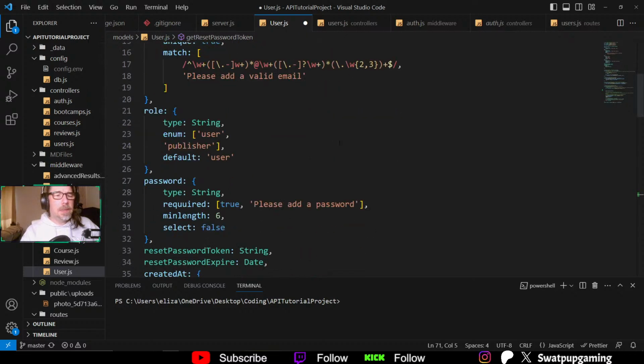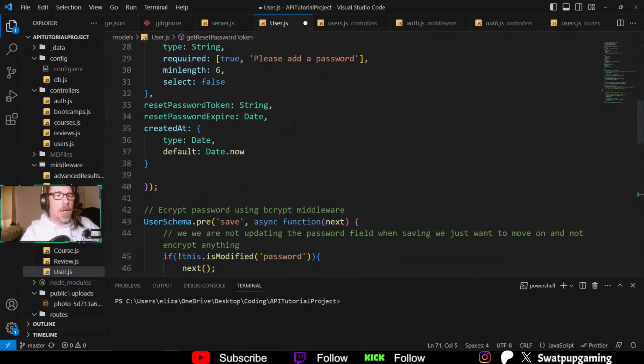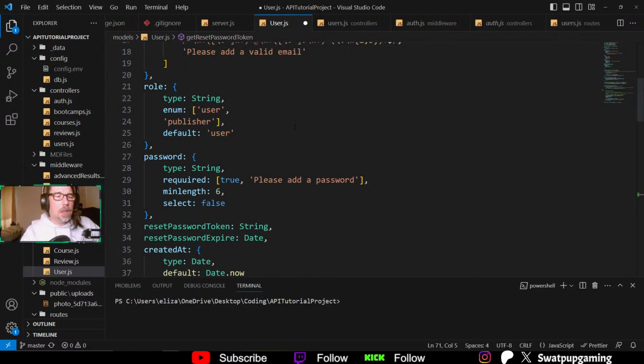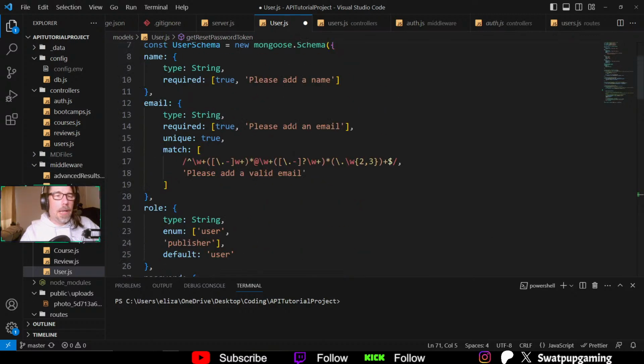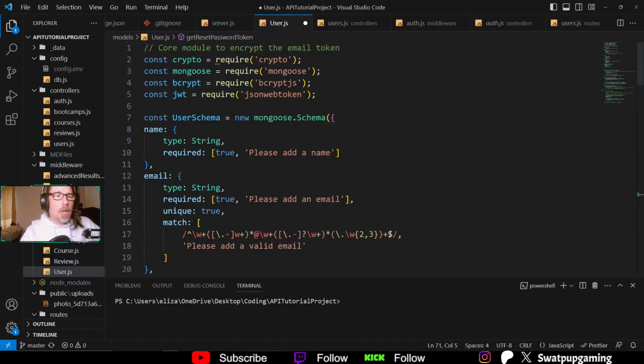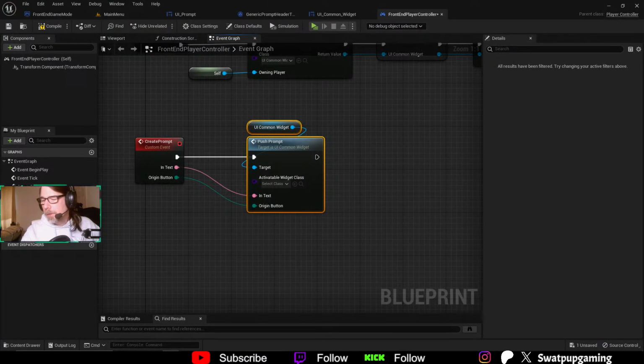It controls everything from verification, encryption, and web tokens, and it handles all that and is the security layer between